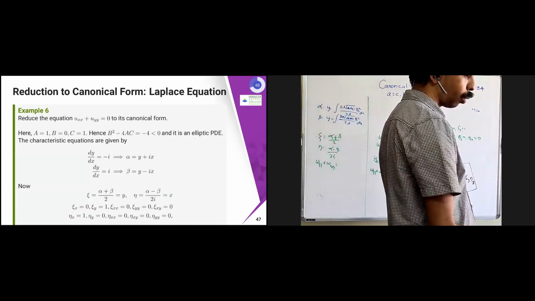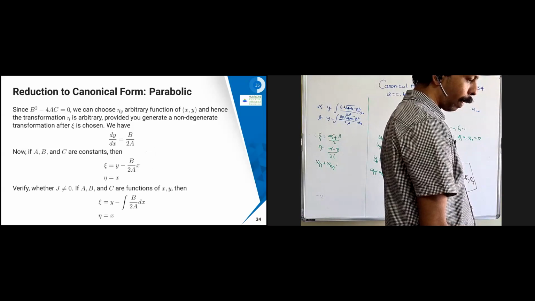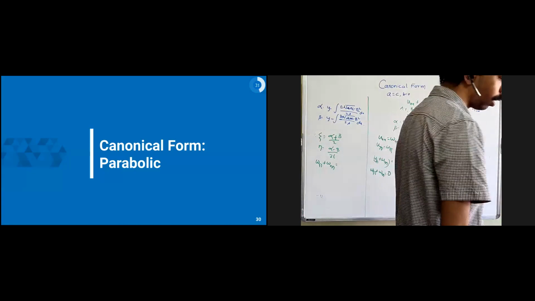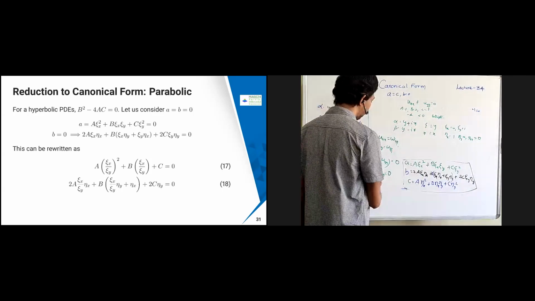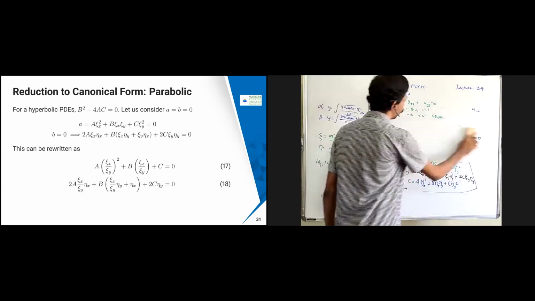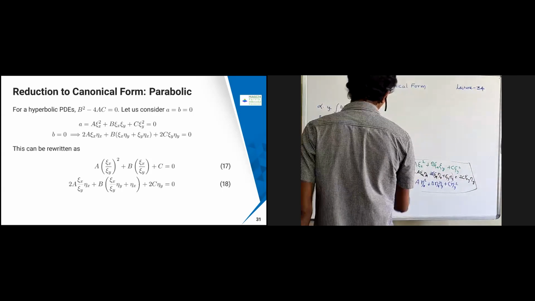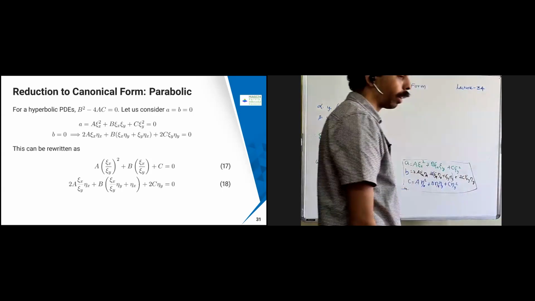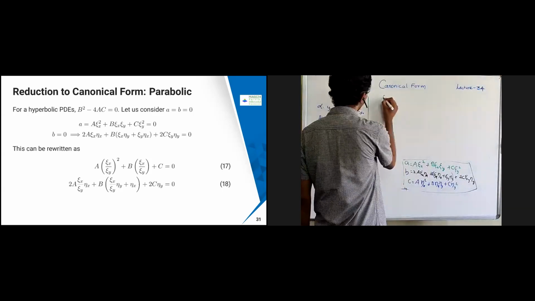Now let us come to the parabolic cases. So this we have seen, so let's come to the parabolic case. In the parabolic case, b square minus 4ac equal to 0. So if b square minus 4ac equals 0, I have to choose b equal to 0, and together with that I have to take either a equal to 0 or c equal to 0. Okay, so we'll take a equal to 0 and b equal to 0.